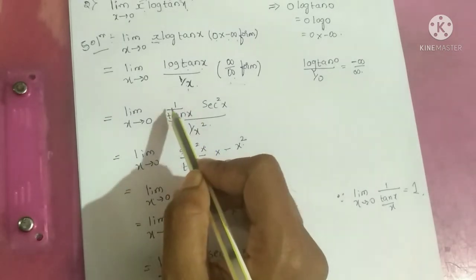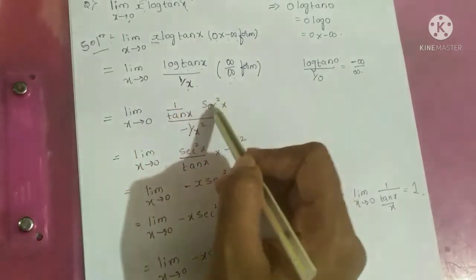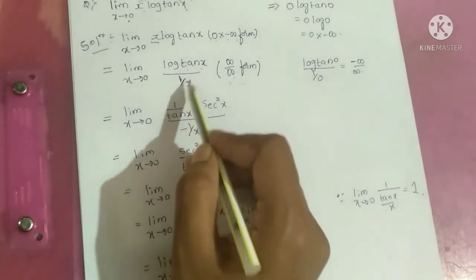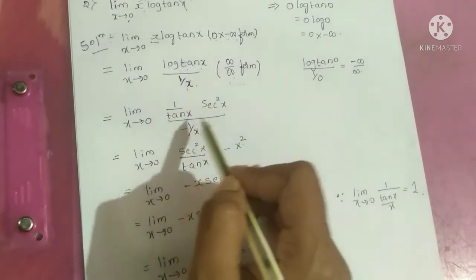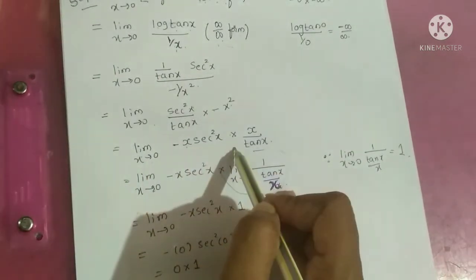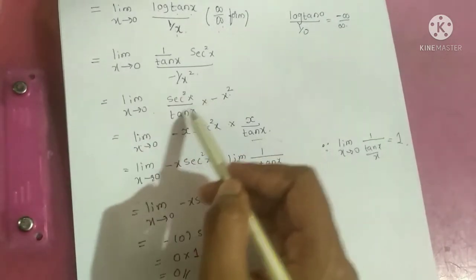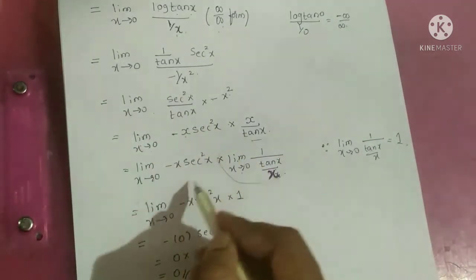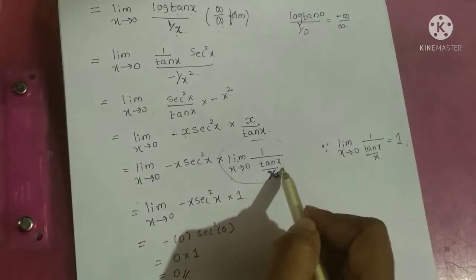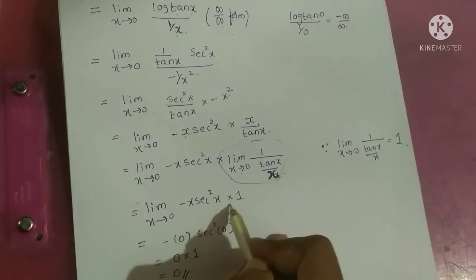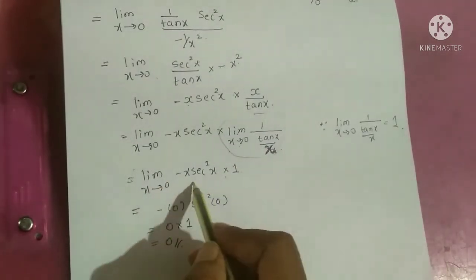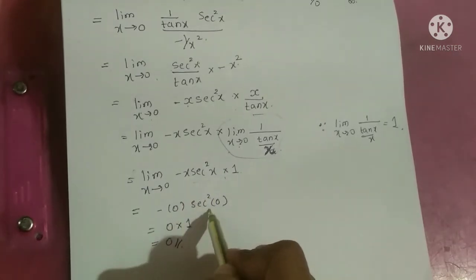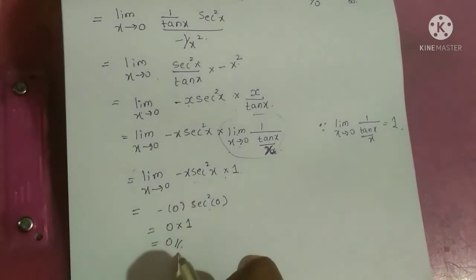The L'Hospital rule says that you have to differentiate the numerator, log tan x, separately, and 1 by x, which is in the denominator, separately. Again you have to apply the limit. Again you can rearrange the terms here. After rearranging the terms, the value of this term becomes 1. And when you substitute the limit for this minus x secant square x term, the answer you'll get is a finite value,